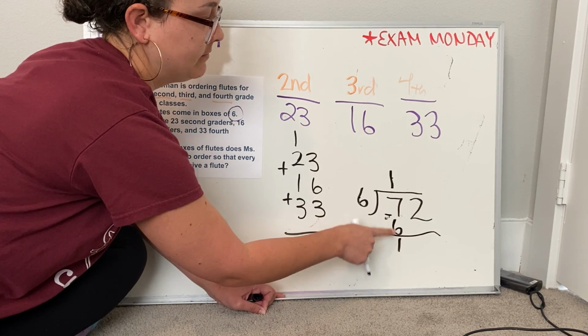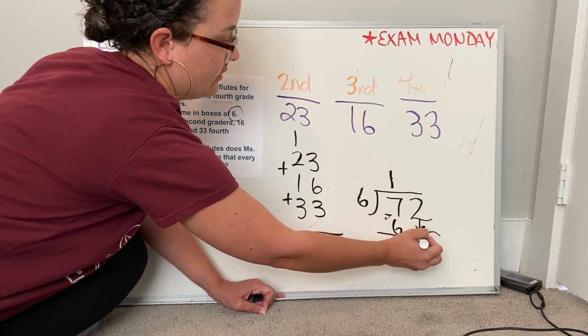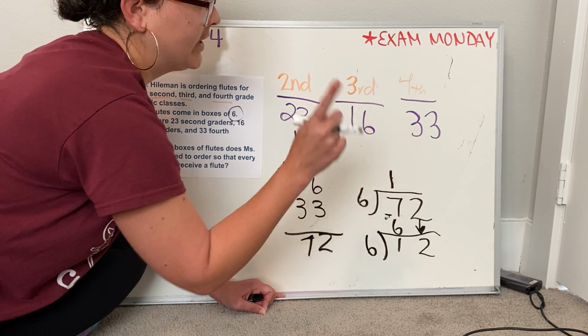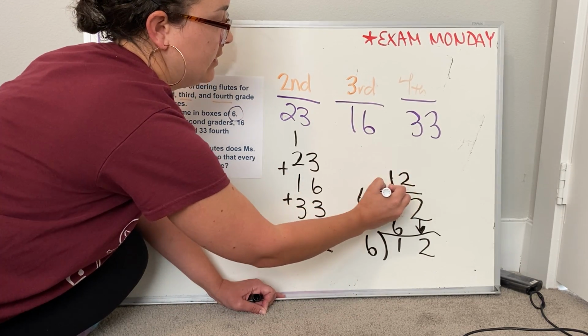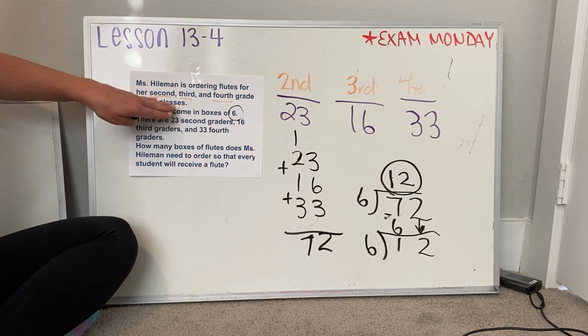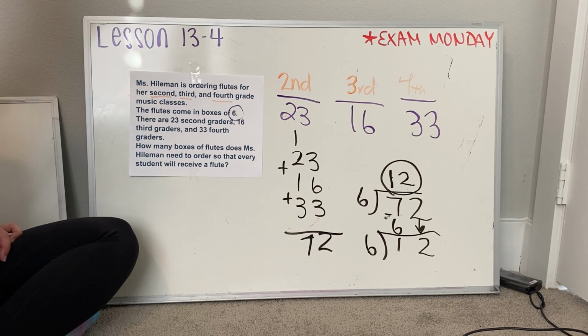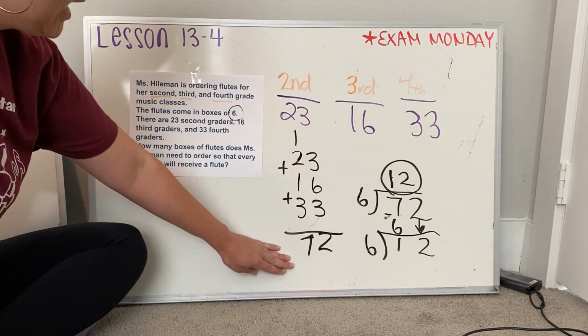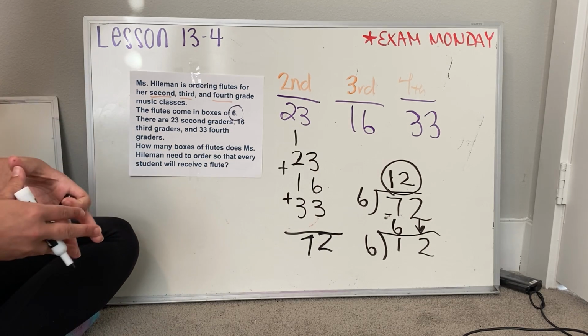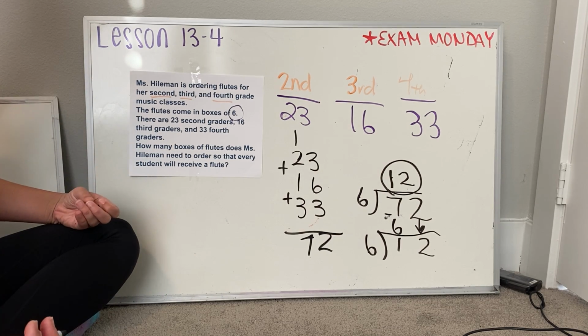This is 1, because you're subtracting, bringing it down. 6 goes into 12 perfectly twice. So, if Miss Heilman's ordering flutes for the 2nd, 3rd, and 4th grade classes, and there are this many kids, and the flutes come in boxes of 6, she's going to need to buy 12